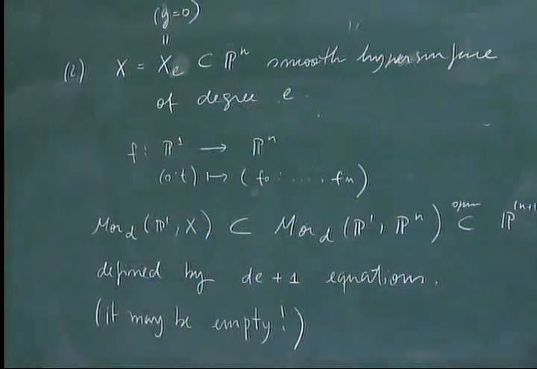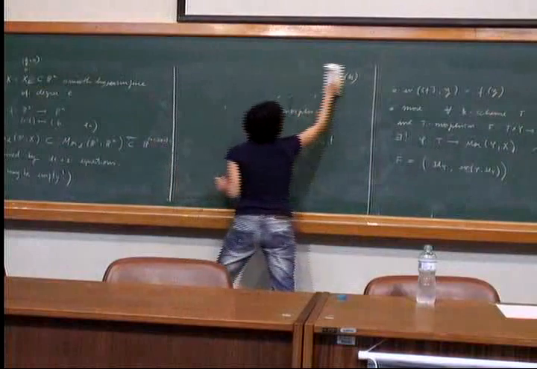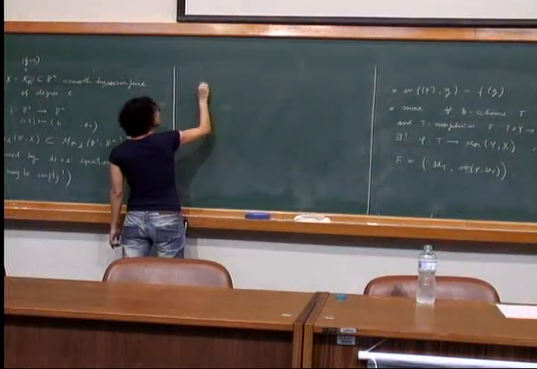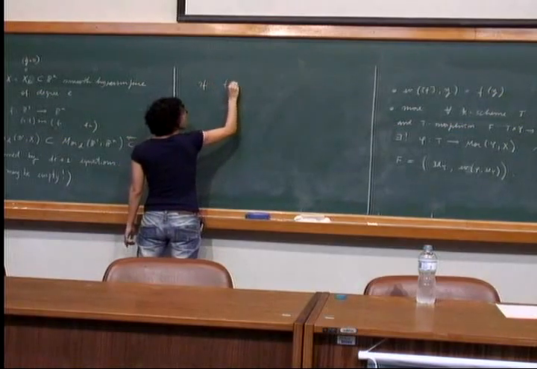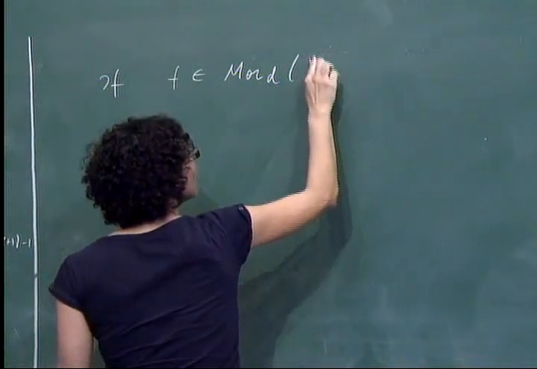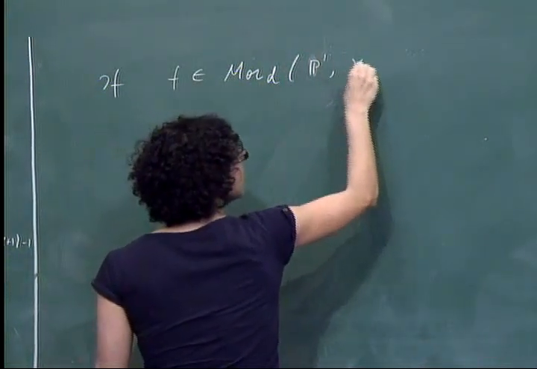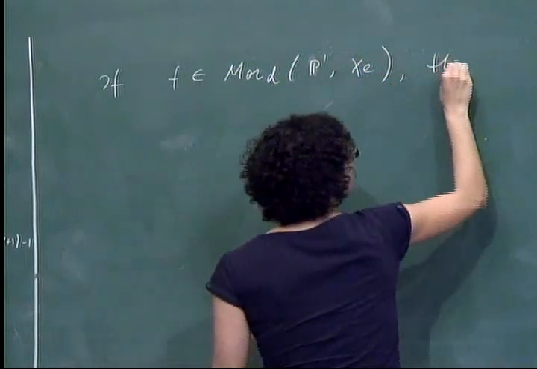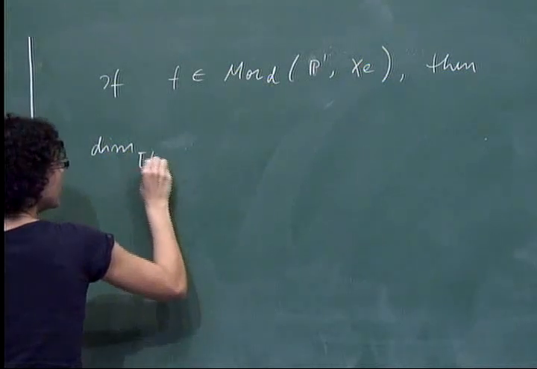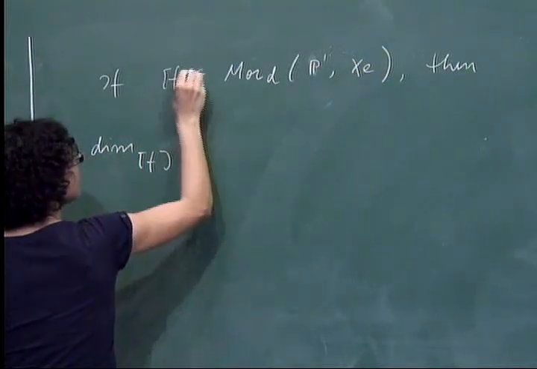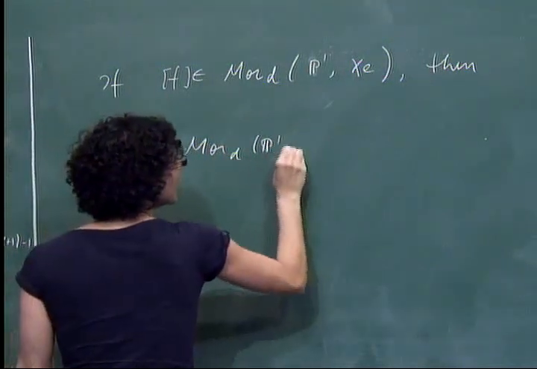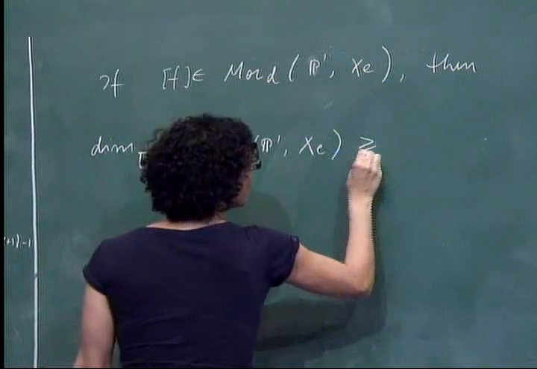So if we have a morphism F inside Mor_d of P1, X_e, then the dimension of this space at the point corresponding to F will be greater or equal than,